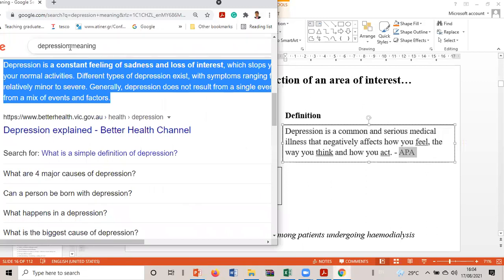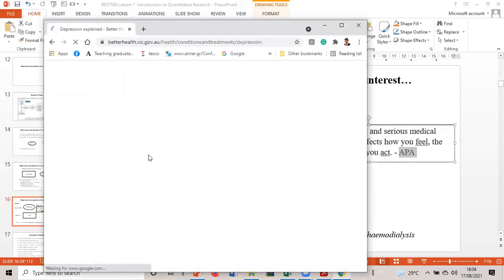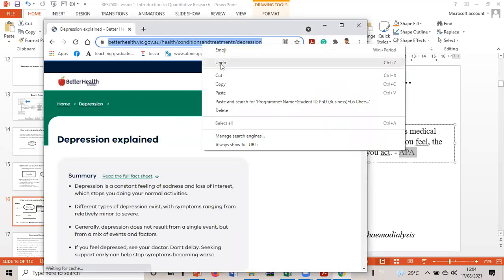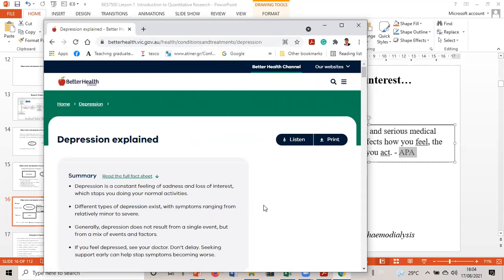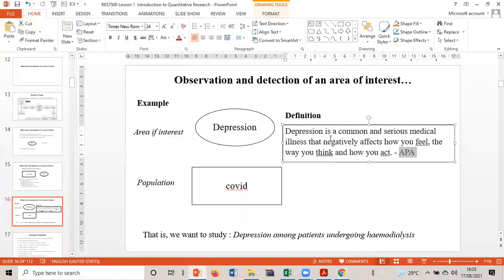In this case, I got this maybe from this source, so just copy and paste that source. But later, as you go through the literature review, you'll come to more academic articles and theses, and you'll define it accordingly.